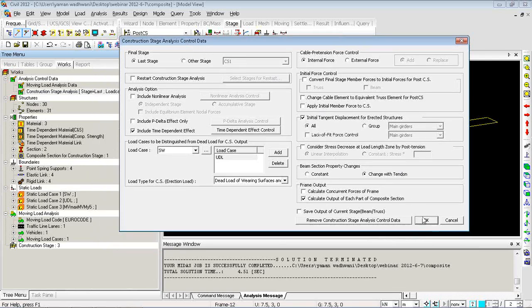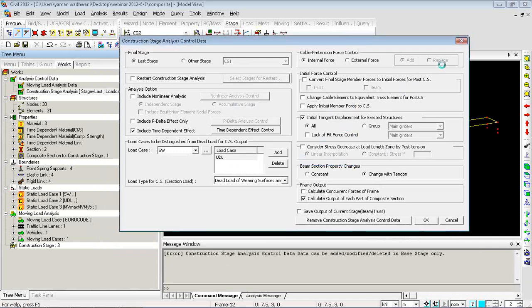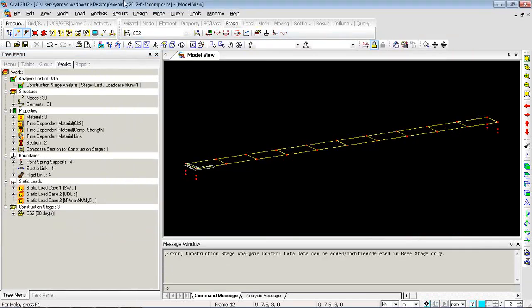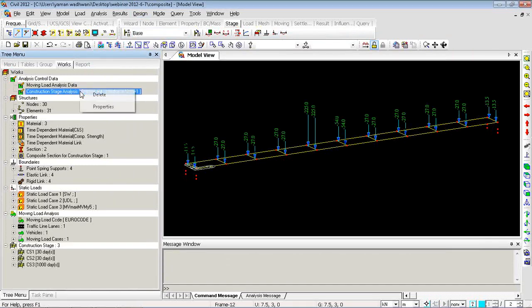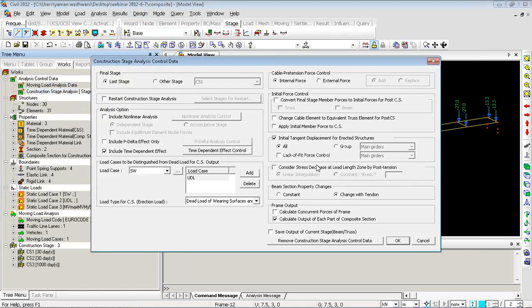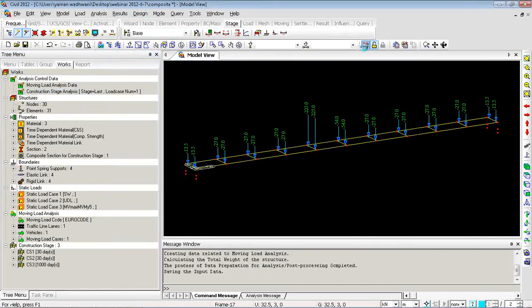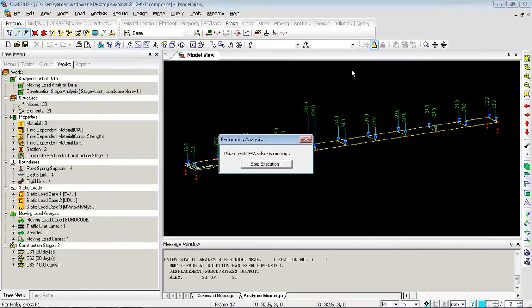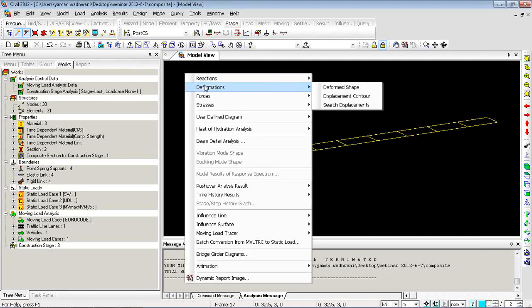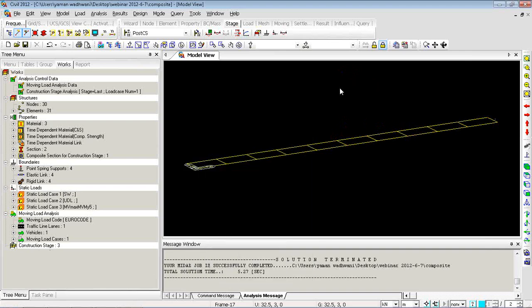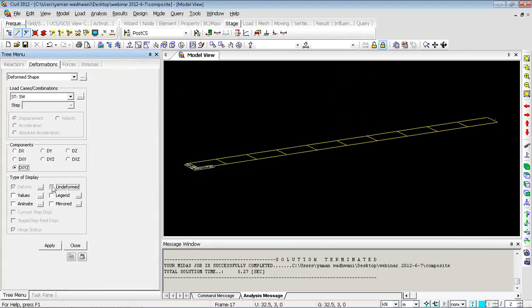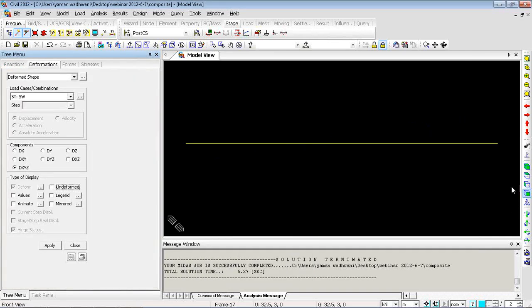If you select this option and click OK, and now if you check the deformations, let's say for stage 1,